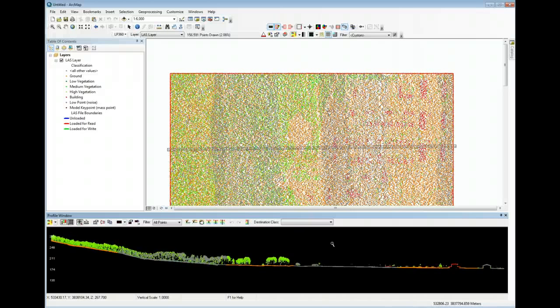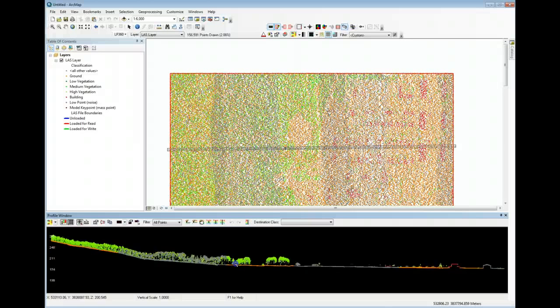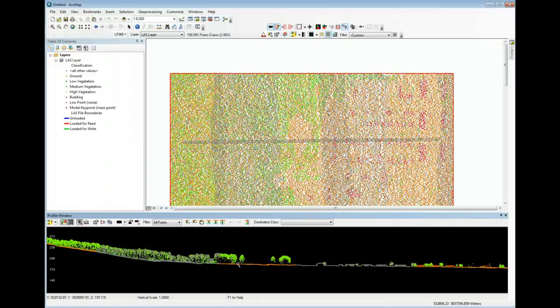You can rotate or move the profile with the arrow keys on the keyboard. So if I click the left or right arrow keys, I'll rotate the profile, and if I click the up or down, I'll move the profile up and down within the view. I can also add graticules or turn them off. I can zoom this display much like the 3D view by holding down the left button and simply sliding the mouse. And finally, I can set the depth of the profile